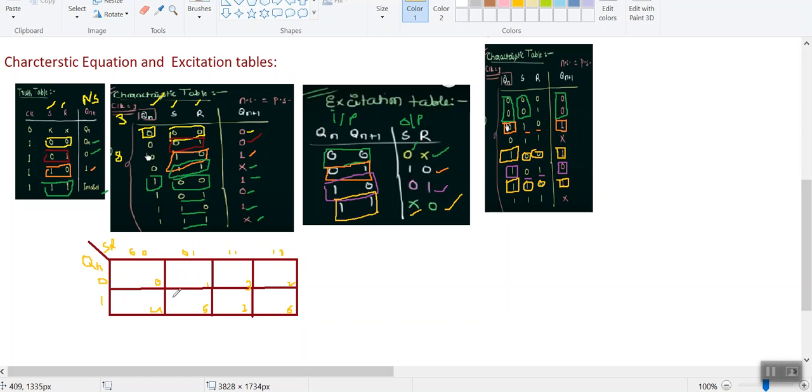So now we need to represent our outputs in this particular K map. Here these are my numbers 0, 1, 2, 3 and 4, 5, 6 and 7. At what positions are you getting your output as 1 as well as don't care? We can observe that at the position of 2 you are getting your output as 1.